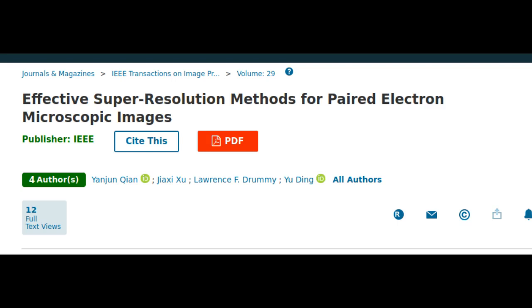Unlike in light microscopy, where photons or tiny packets of light are used to illuminate an object, in electron microscopy, a beam of electrons is utilized. The electrons reflected from or passing through the object are then collected to form an image called the electron micrograph. Thus, the energy of the electron beams plays a crucial role in determining the resolution of images. That is, the higher the energy electrons, the better the resolution.